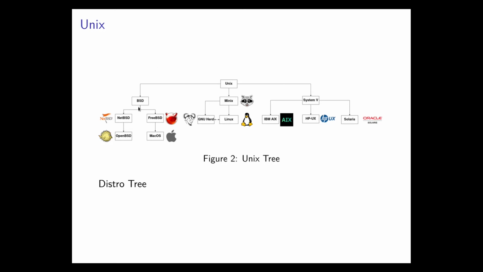On the other side, we have BSD. And BSD is a different approach from System V. System V is more closely related to Unix. BSD takes kind of the Linux approach, where there are some things that it pulls from Unix, and it is very close to Unix as well, but it takes a bit more freedom to make improvements. It's almost as if Linux was more Unix-like. We'll put it that way.